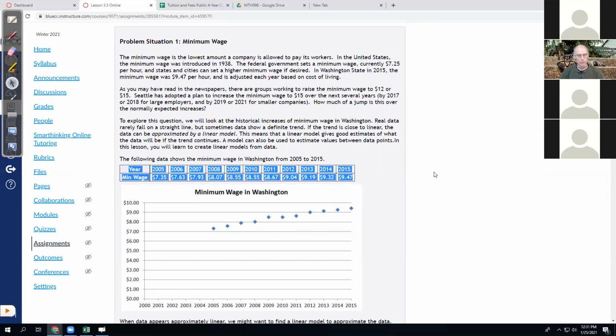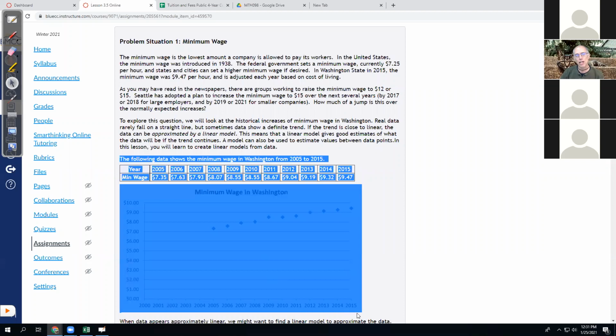A lot of times you can just copy a table from a web page into someplace like Microsoft Excel or Google Sheets. Now, it is a little bit tricky though. When I copy this, I need to make sure I start right on the beginning of the word year. And when I end, I just got to go right to the edge of the last number. If you copy too much stuff and then try to paste it into a spreadsheet, the spreadsheet's going to get very confused on what to do with the other